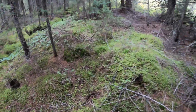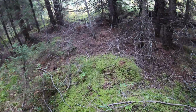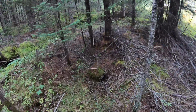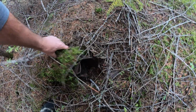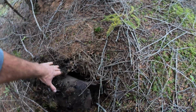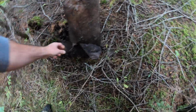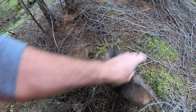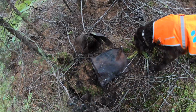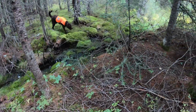And in through here you start seeing stuff. There's cans, there's more stuff here, there's more metal here. Just got to be careful here. I don't want to cut myself on this. You see the handle on that? We saw these at Langmuir. There were these metal jugs that kerosene used to come in. So there's one there. Let's see if we can see any more here. Again, it's kind of swampy in here, so I don't know if this would have been